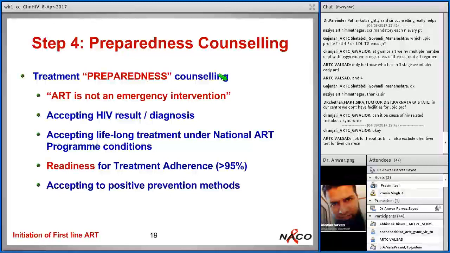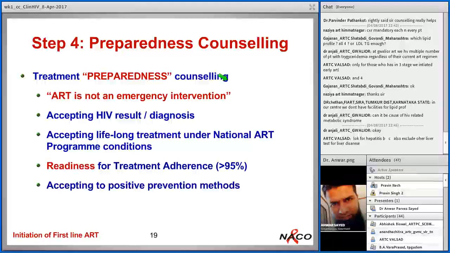In terms of investigation overall, whichever investigations are available in your facility, you will have to do. Basic minimum investigation at least needs to be done. Those investigations which are not available, try to get them done, and if they are indicated, try to get them done from whatever means you have at the ART facility, and keep on talking to your superiors and SACs and other people, so that slowly these facilities are made available for PLHIV.